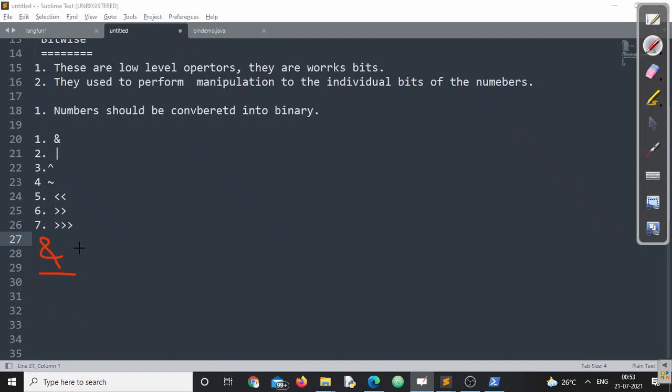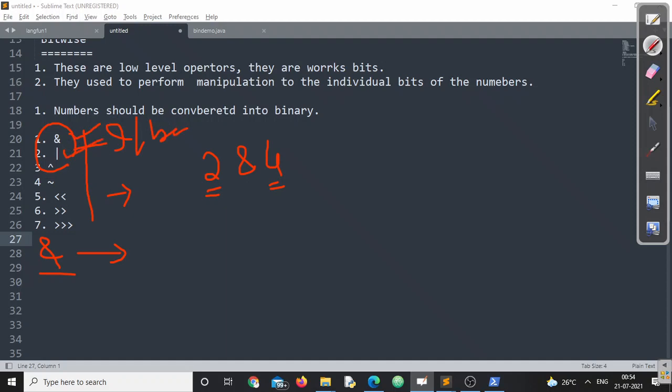This is bitwise AND. This is not logical AND. In some video we'll definitely look at the difference between them. So what is bitwise AND? Suppose I need to operate 2 bitwise AND 4. Remember, all these operators definitely work on integral values, right? Only these 3 operators are okay with integral values followed by Boolean values.